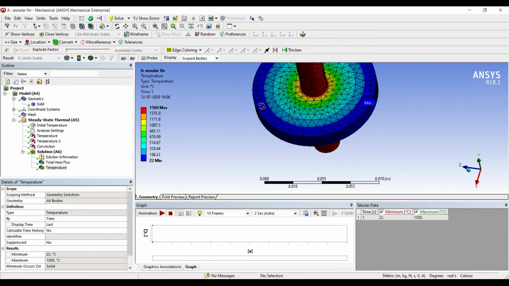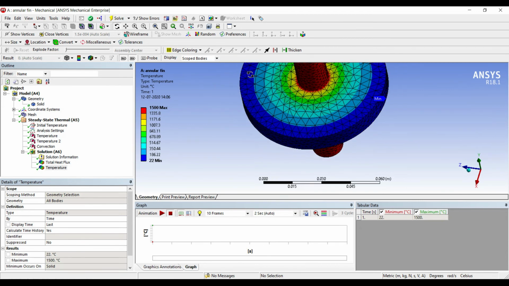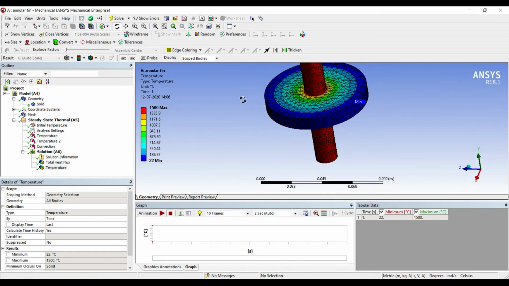And you can see a beautiful temperature profile over the entire fin surface, which indicates that the surface which is in contact with the cylinder has the highest temperature over here. And as you slowly go towards the outer end, or you're going towards the ambient end, you will see that the temperature is reducing, which means that this fin is now able to transfer the heat to the environment.